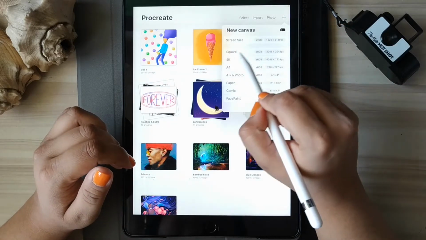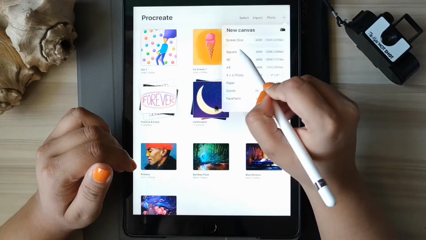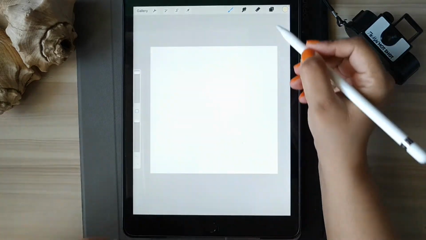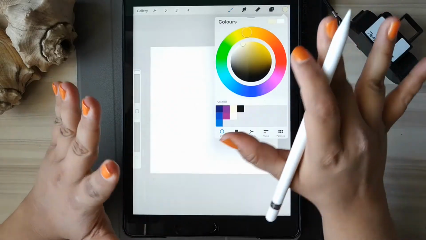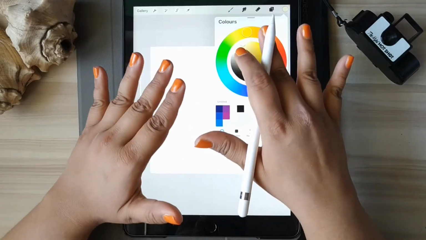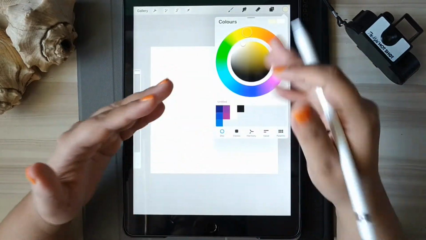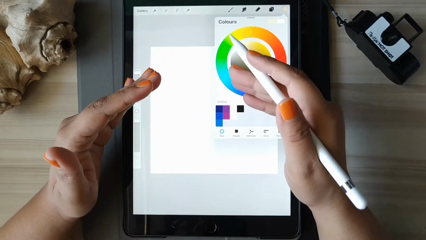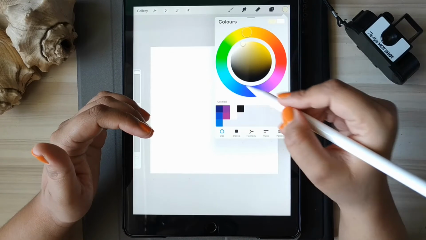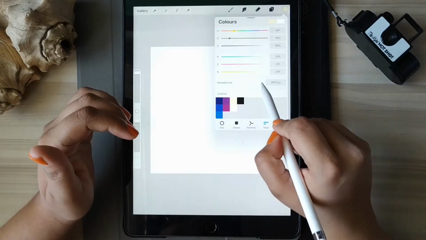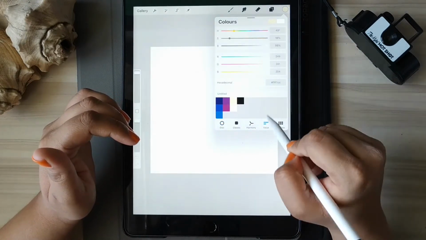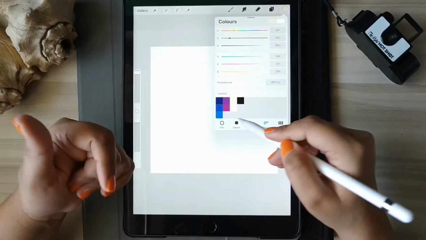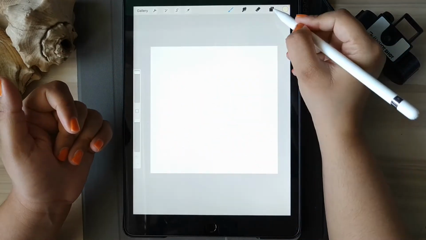So let's start with the video. Let's start with the canvas. We'll take this default square one. So this is the canvas, and this is the color palette I have created. I'll be leaving the hex codes for these colors in the description below. So all you have to do is paste those in the value section and you'll get your palette, and you can use it when you are replicating what I'm doing. So this will be it.